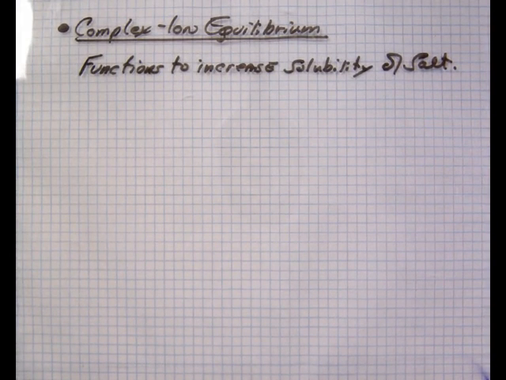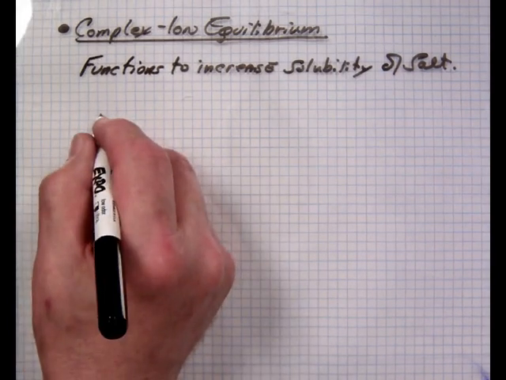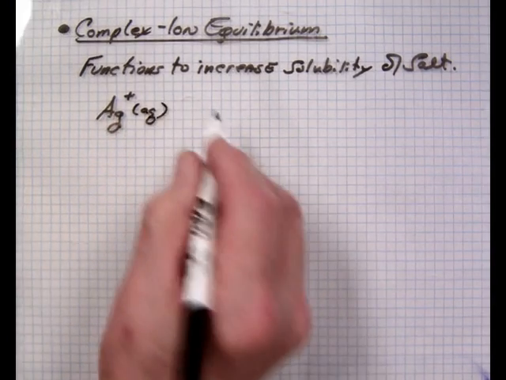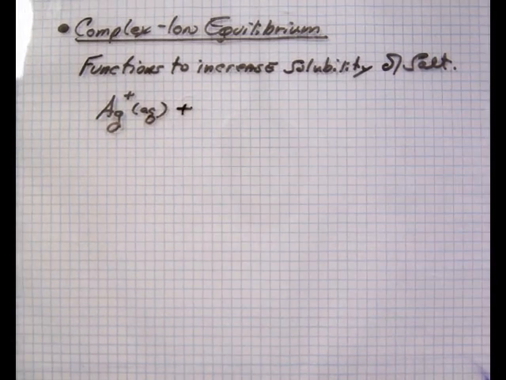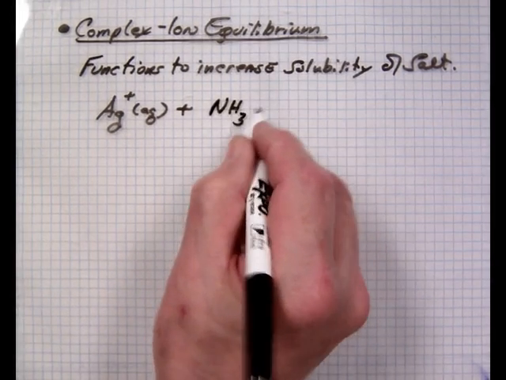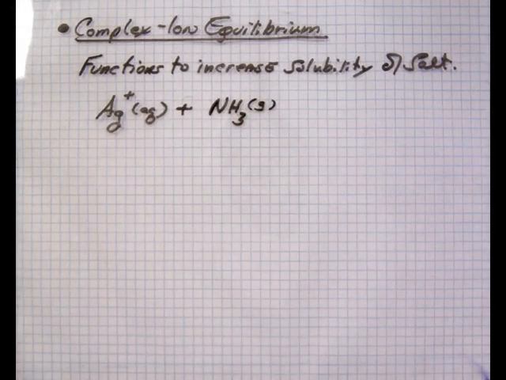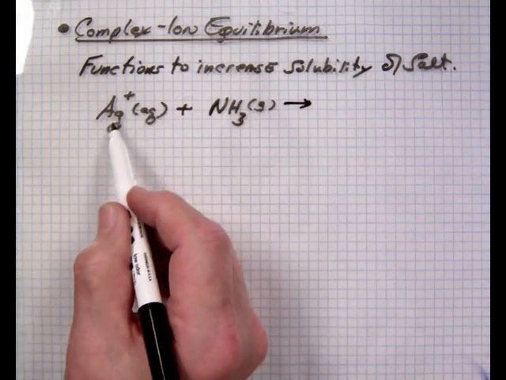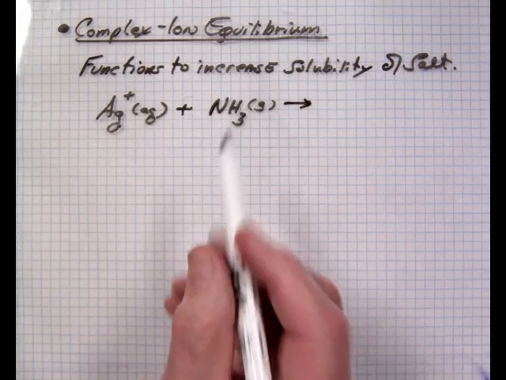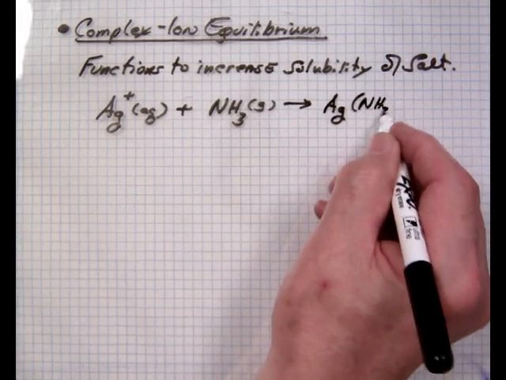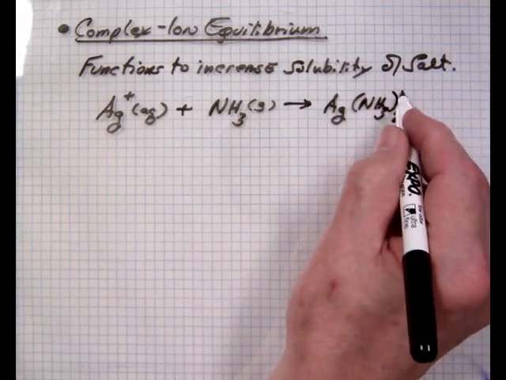Now, the way this works is that an ion, something like, say, silver +1 aqueous, is exposed or placed in presence of something like ammonia gas bubbled through a silver solution, and the affinity for silver to bind with the ammonia is extremely high, and we have silver amine complex formed,